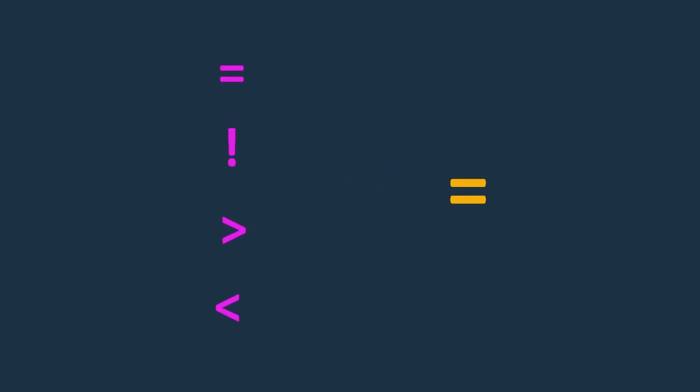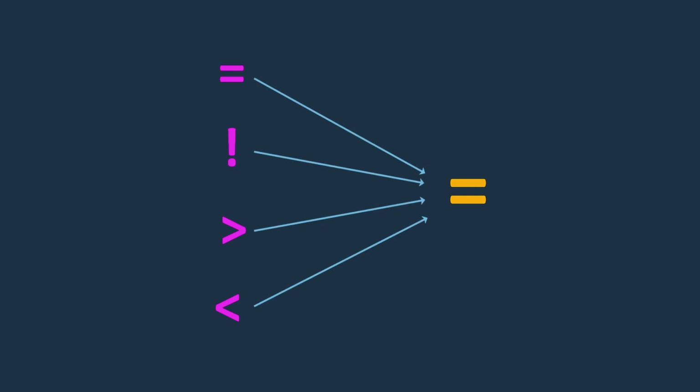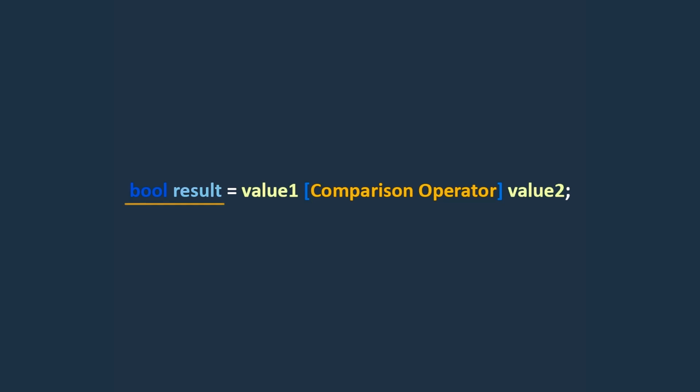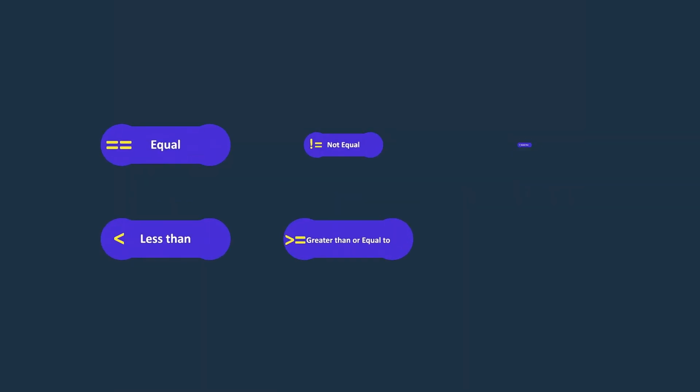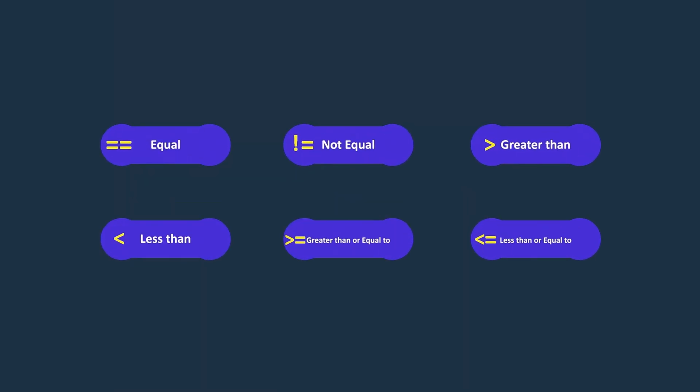In C#, comparison assignments are a shorthand notation that combines a comparison operation with an assignment operation. They allow us to compare two values and store the result of the comparison in a variable in a single statement. The result of the comparison is a Boolean value, indicating whether the comparison result is true or false. This is the list of comparison assignment operators.